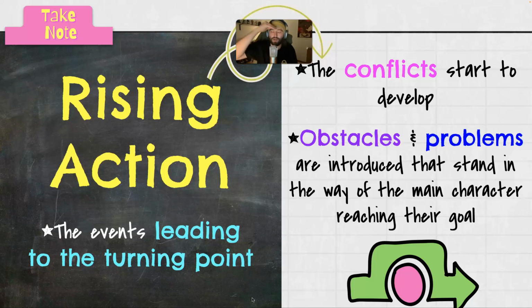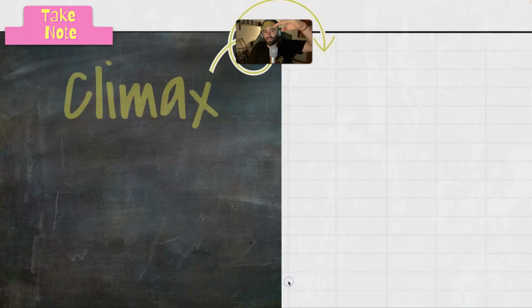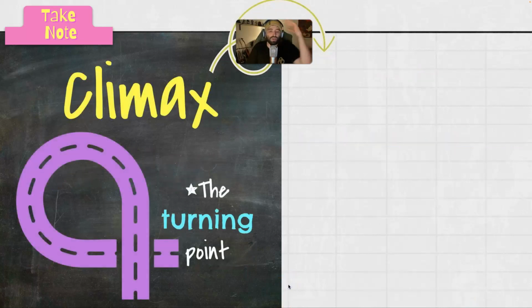And then we're leading ourselves up until we get to that climax. And this initiating event is an important event because whatever your main conflict is, that's what we're going to be following as we move up that rising action. And so as we move up that rising action, and finally we get to the most interesting part, we get to the turning point of